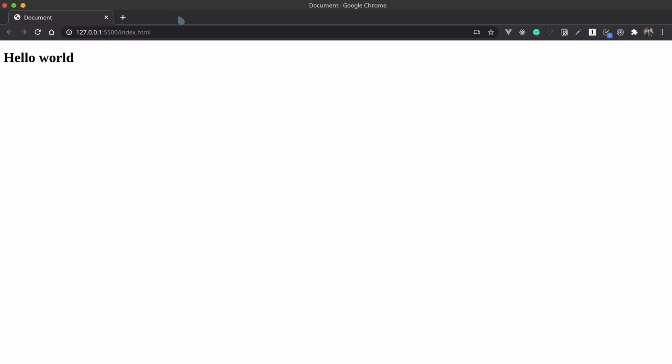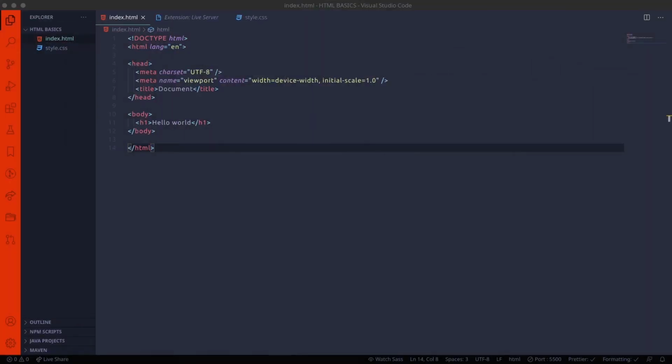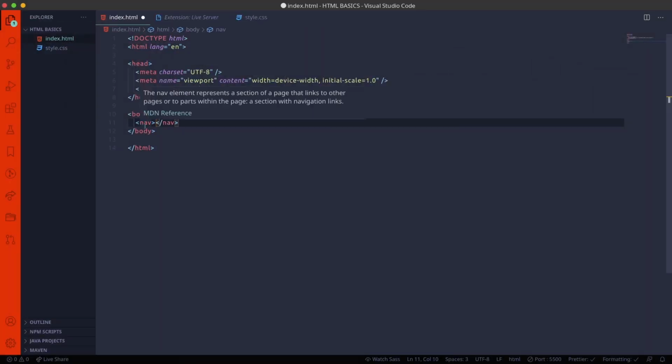Today I'll teach how to make a simple web page with some basic HTML and style.css. Basically, in a web page there will be a structure. At the top, we have a navbar, the middle one is called the body section, and the third one is called the footer section.